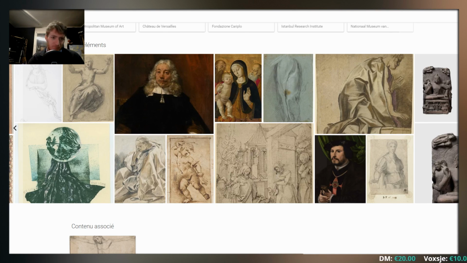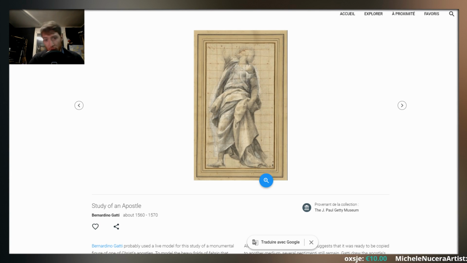All right, so let's start with a drawing first. And so this is a study of an apostle by Bernardino Gatti. Well, this episode is going to be a way to see some artists that we're not going to probably talk a lot about in future episodes. So if you guys want to suggest,